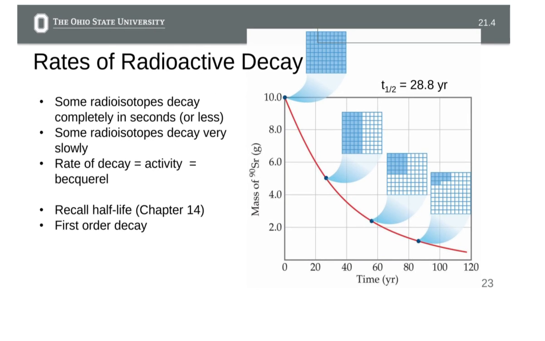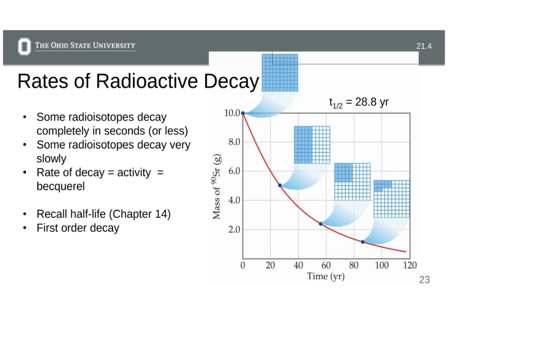So this chart shows a strontium-90 isotope, and the mass is on the y-axis, and time in years is on the x-axis. Strontium-90 has a half-life of 28.8 years. And so if we plot out what those half-lives look like in terms of mass, let's say we started with 10 grams of